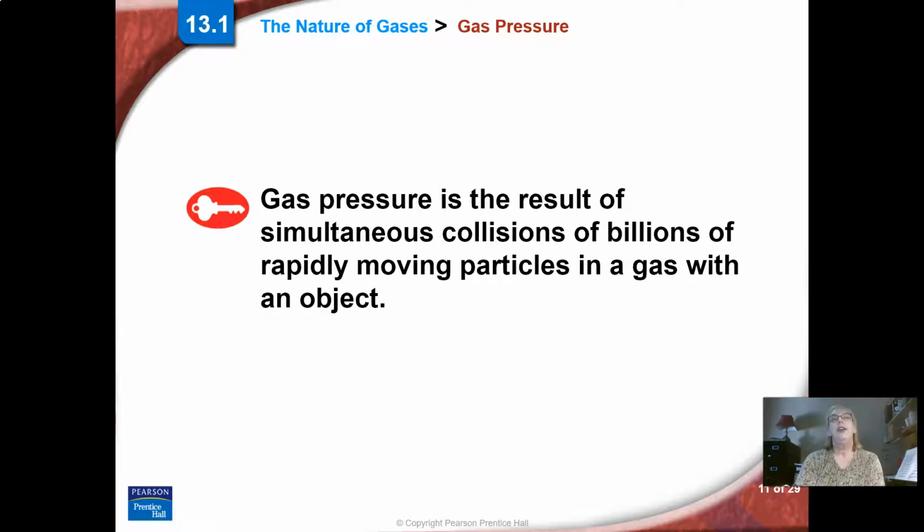You blow into the balloon, and all those little particles of gas that you've blown in there are hitting the side of the container and making that stretchy feeling you feel on the outside of a balloon. If you push on it, you feel that pressure against your hands. You can press in, but the balloon wants to press out, so that's gas pressure.